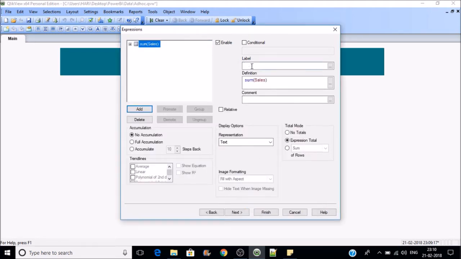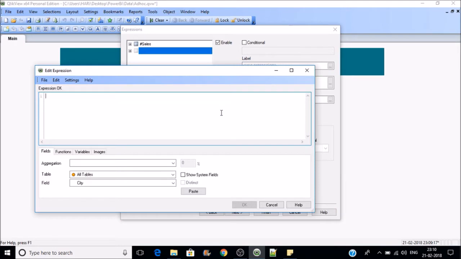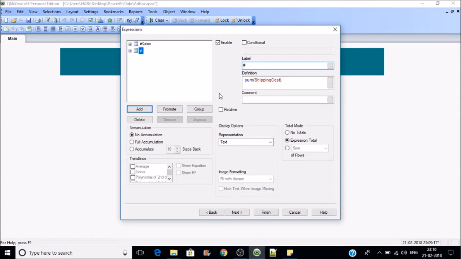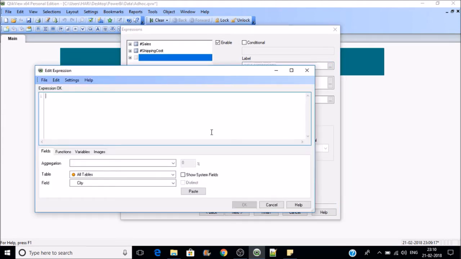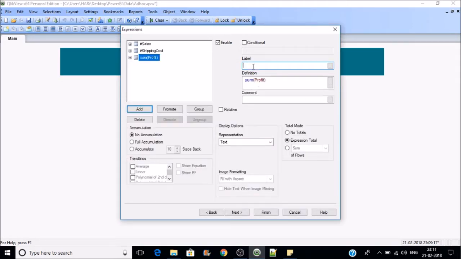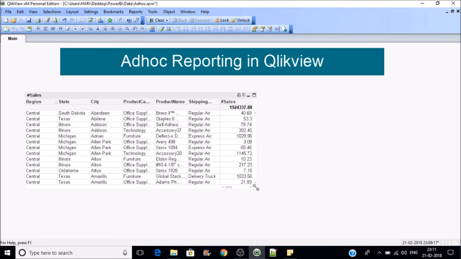This will be our sales, so I'll name it hash sales, and then shipping cost, I'll give it a label hash shipping cost, and profit, so sum of profit, hash profit. Right? So we have a straight table